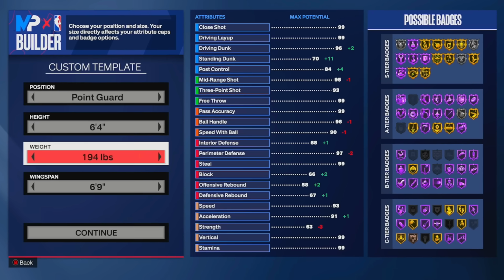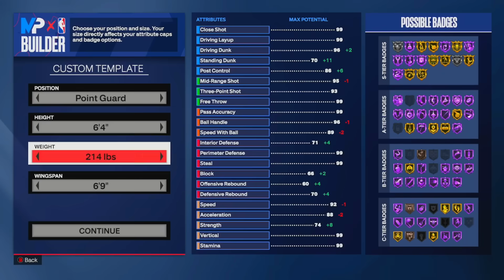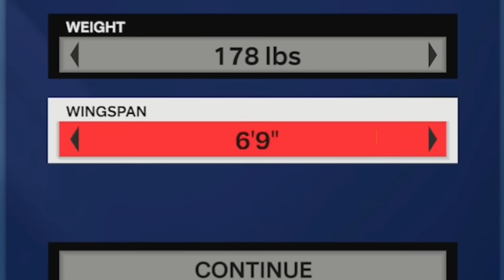So what I noticed is you could actually go up on the weight if you want to make a fat point guard for some reason. You could go up to like, I think 214 and still make my exact build, but I'm not doing that. We're going to go with a little bit lighter than that, and we're going to go with 178 on the weight. Now for the wingspan, when I was originally making this build, I wanted an insane three-pointer, so I was lowering it, trying to get my three up,